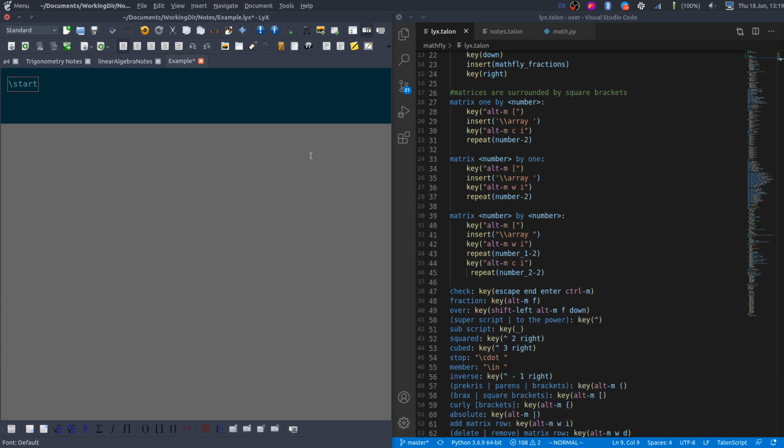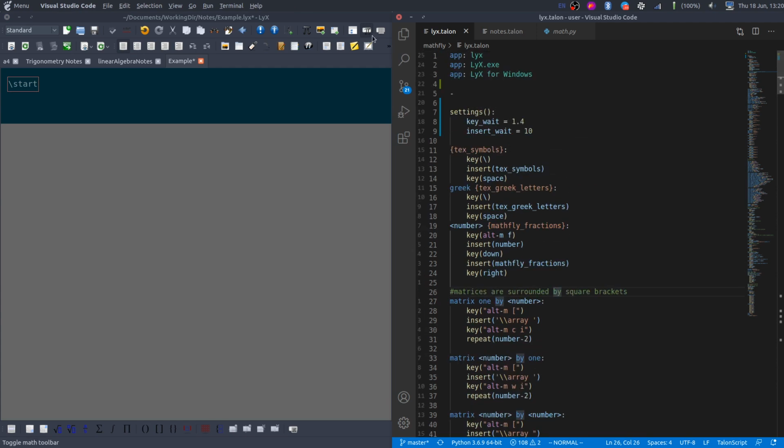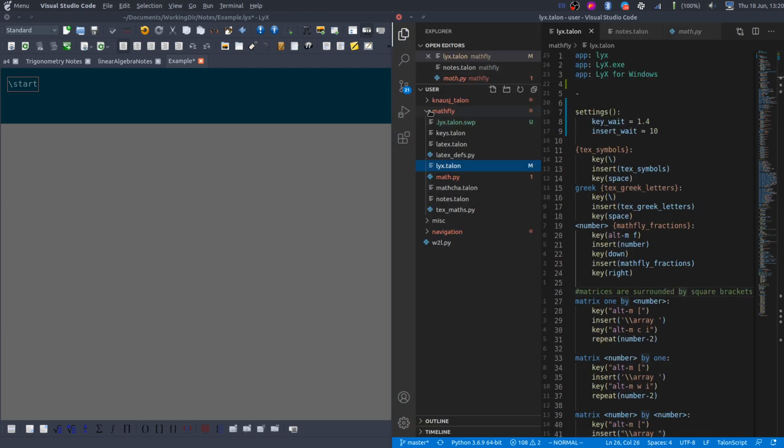I'm not going to do any code or anything. Maybe I'll demonstrate that later, because these days I'm dictating a lot more code than math. But over here on the right, I have the Talon repository. How it works is that the developer wrote Talon, and then the community writes scripts that hook into Talon to offer functionality. So the main community repository is this one, talon_community, and over here, a lot of the common things that anyone would need to dictate code and these sort of things have been defined.